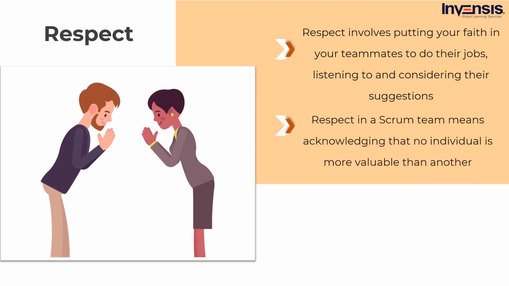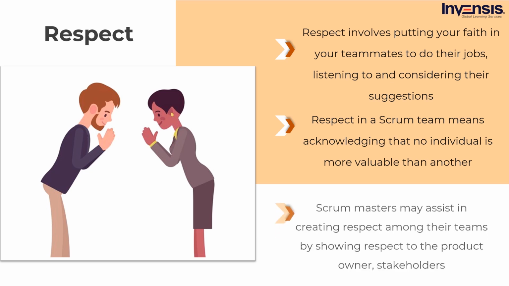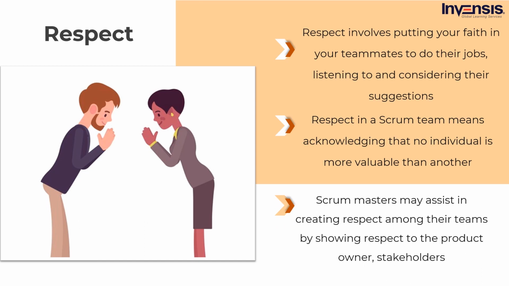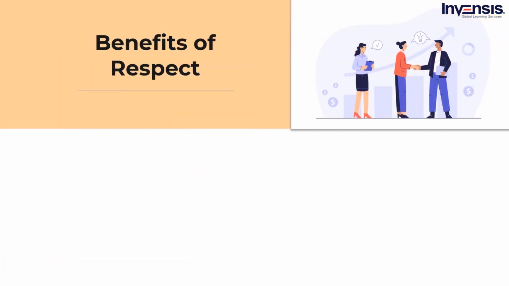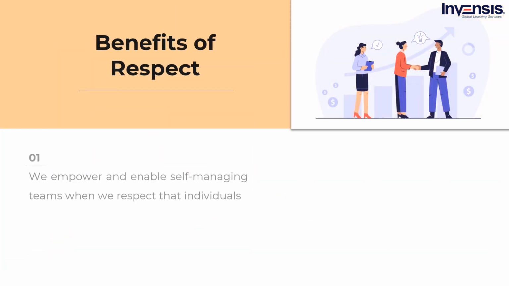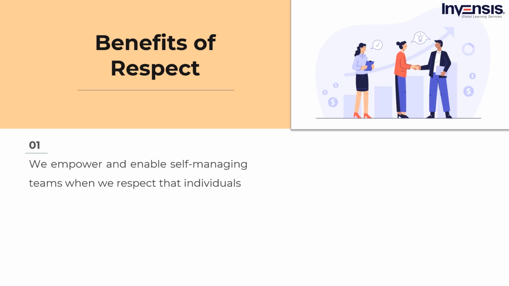Respect in a Scrum team means acknowledging that no single individual or their contribution is more valuable than another, just as it does in any other team activity. You have to respect individual space and entrust them with completing the tasks by the given deadline. Scrum Masters may assist to create respect among their teams by showing respect to the product owner, stakeholders, and team members. Some of the benefits of respect in Scrum are: we empower and enable self-managing teams when we respect and